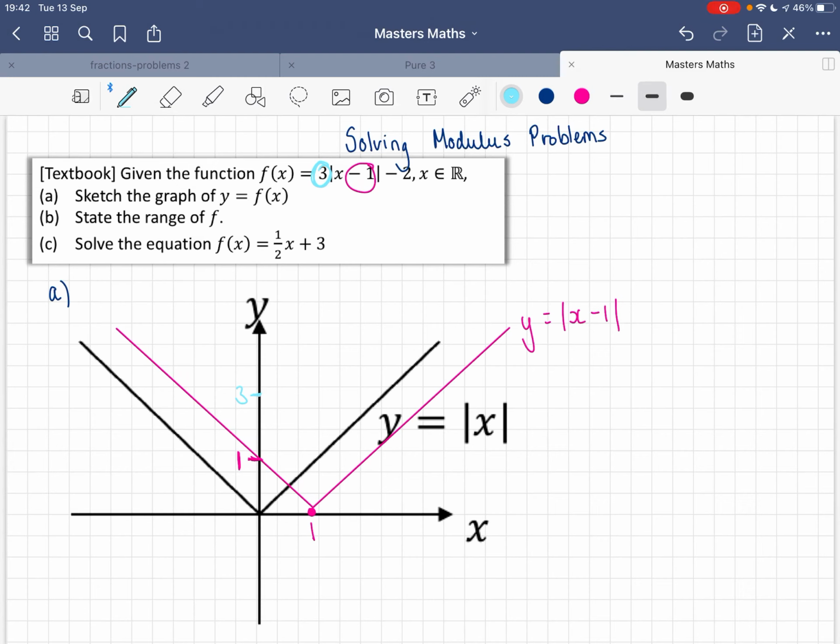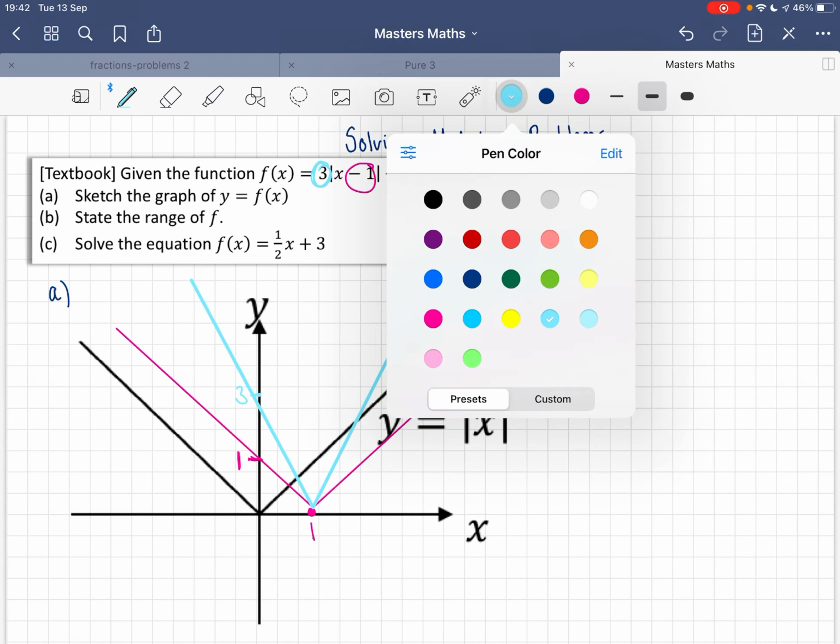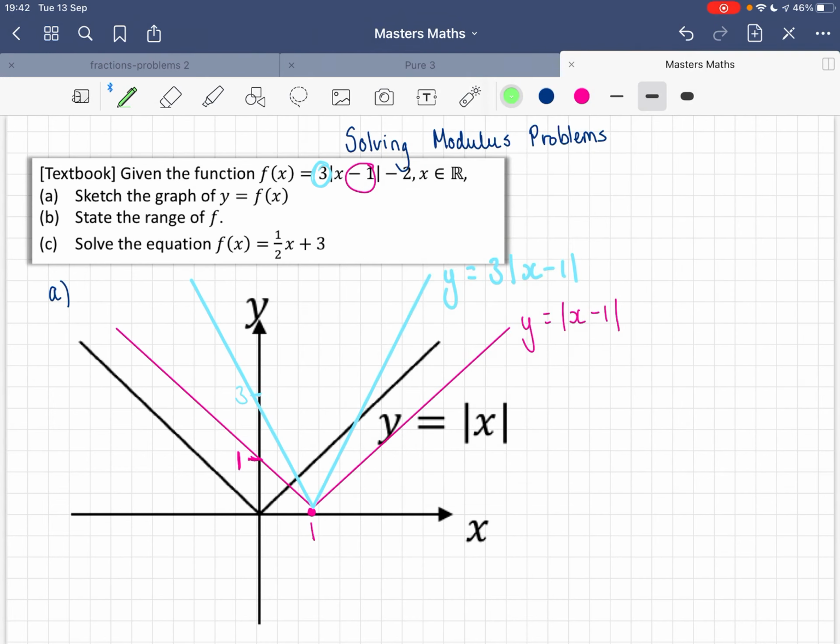Maybe it needs to be a thicker line so we can see it. It's still meeting the x-axis at 1, but it is now stretched up in the y direction. So the blue line is y equals 3 modulus x minus 1. So we're almost there. We just have one last step to do, which is to do this last minus 2, which is outside of the function, meaning